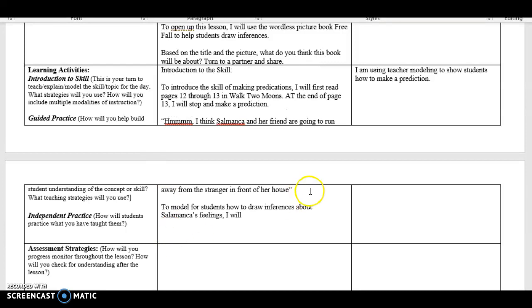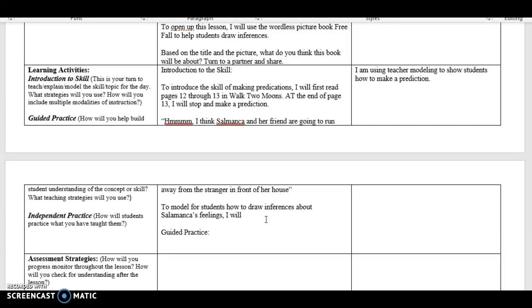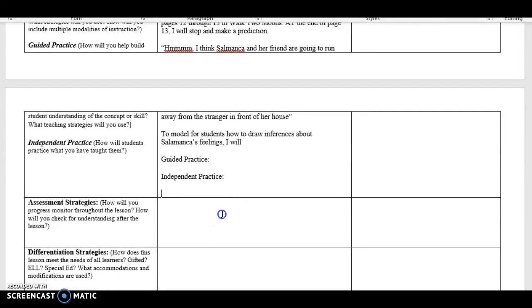Then you're going to have some kind of guided practice. Guided practice is where students will work together, and then the independent practice. I'm running out of time. So you've got to have these 3 components. Down here, you're going to include the assessment strategy. So my teacher observations would be a formative assessment strategy. I'm just going to spell incorrectly. And then the summative assessment strategy would be the